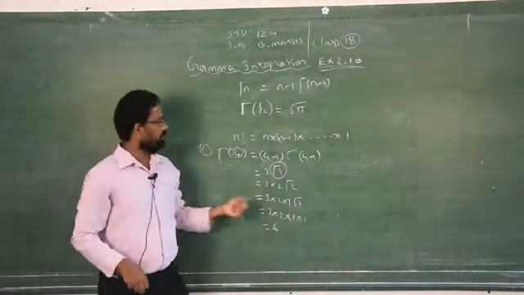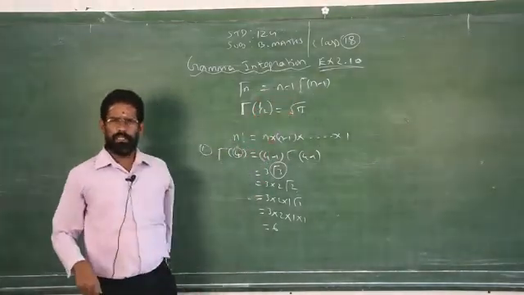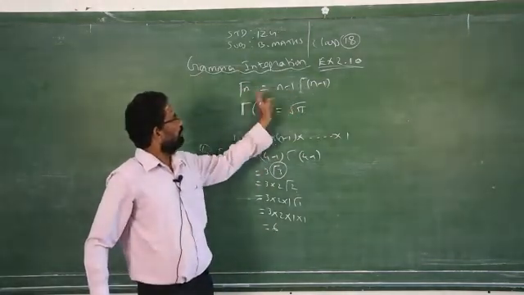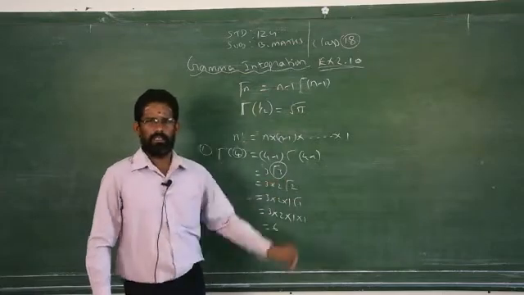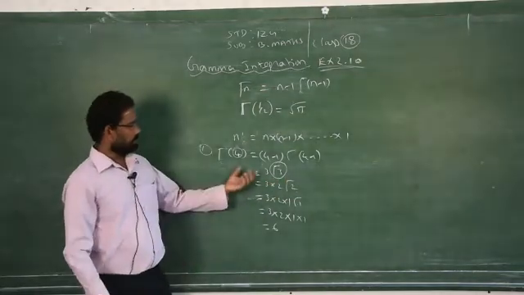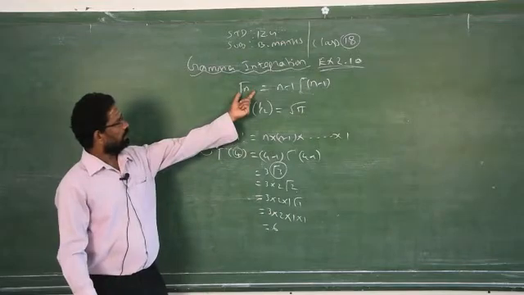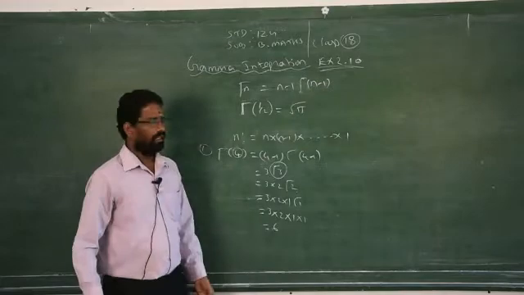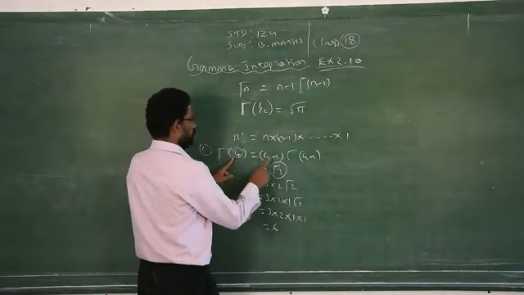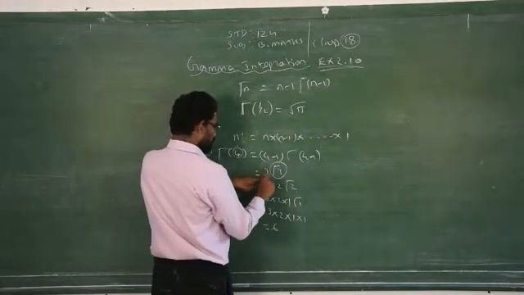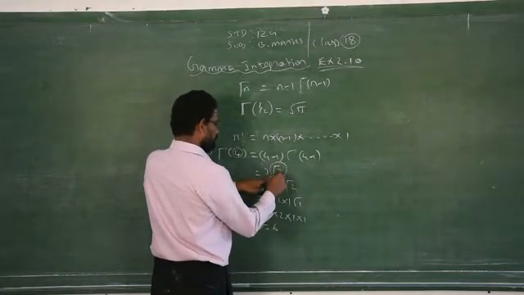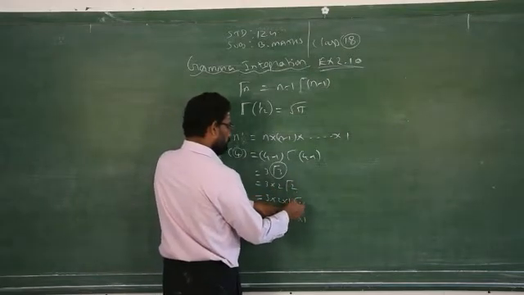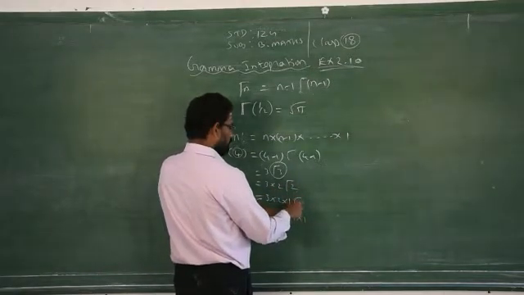Boys, this is very easy. We have another formula also, n plus 1. The next number of n is n plus 1. Based on that also we can do it, but this is a very simple method. If n is given, you have to take the previous number, the same number should be under the gamma. For 4, what is the previous number of 4? 3. So, the same number should be inside the gamma. What is the previous number of 3? 2. So, same will be in the gamma. What is the previous number of 2? 1. The same number should be under gamma integrations. Then gamma integration of 1 is 1.